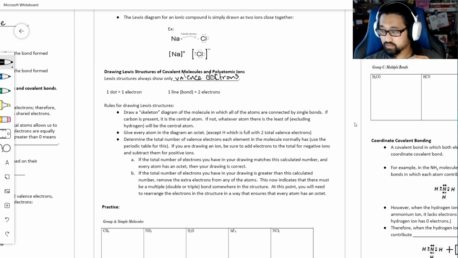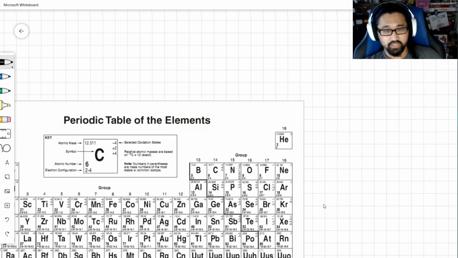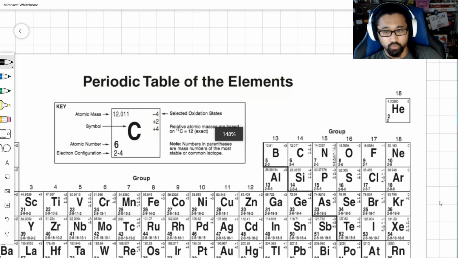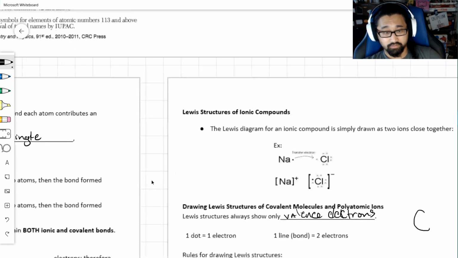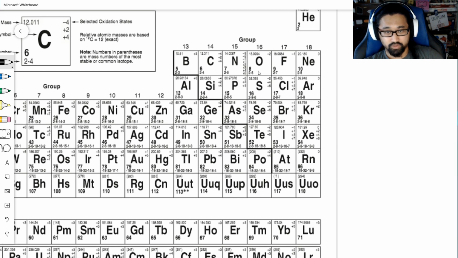If I was doing the Lewis structure for something like carbon, first I would start with the symbol for carbon, which is C. Then I would go to the periodic table, go to carbon, and see it has 4 valence electrons. That means I need to draw 4 dots around carbon. Generally speaking, I like to go 1 on the top, one on the right, one on the bottom, and one on the left. If I needed to draw the Lewis structure for sulfur,